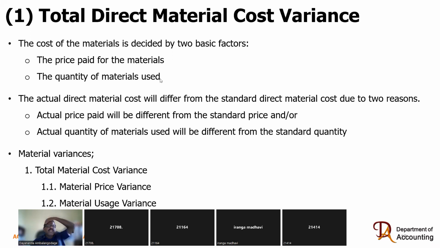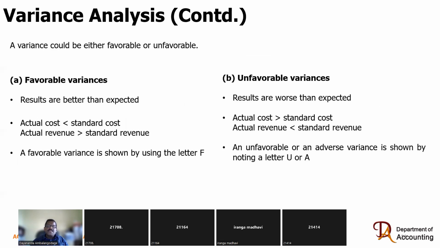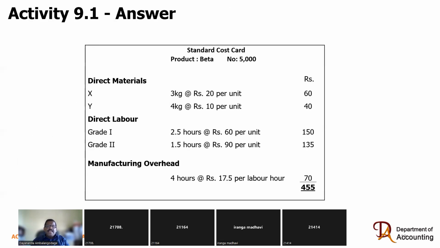Total direct material cost variance: the price paid for the material and the quantity of material. So this variance varies because of two factors, price and usage. Because if you look at the standard cost card, you see we have a target to produce one unit of